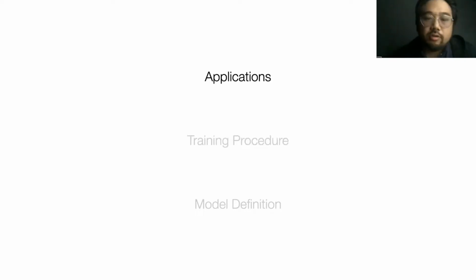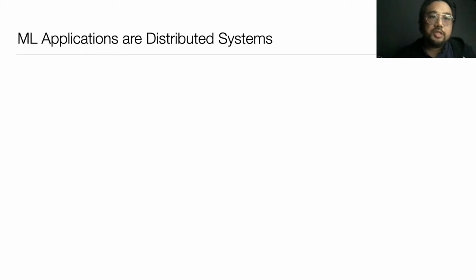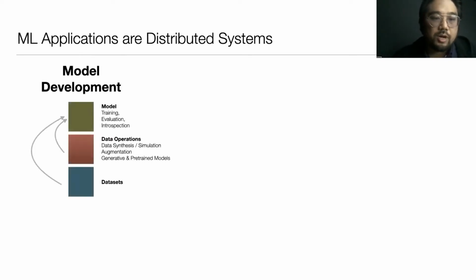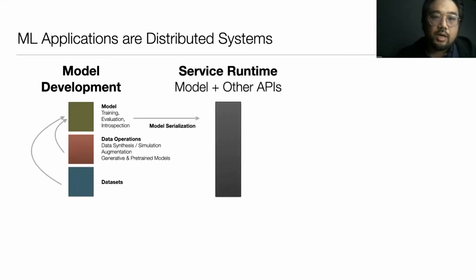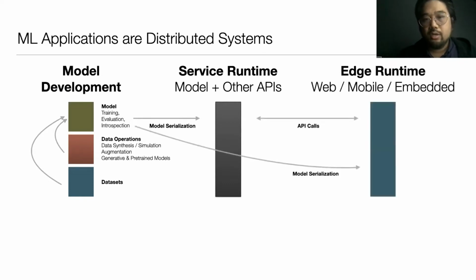When you go to machine learning applications, they themselves are distributed systems. So we start from our model development process to train, and we then embed our trained model into some sort of runtime. Usually there's some API that wraps the model, and the way you pass a model from training to production is to take a serialized representation of the model computation and put that into an API endpoint, right?